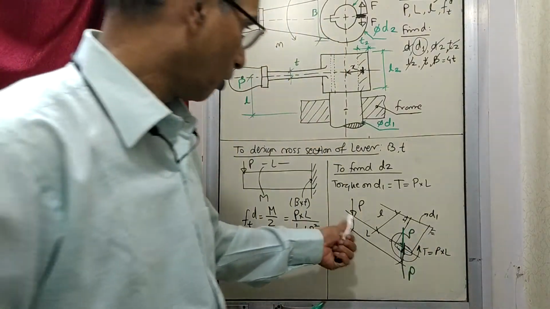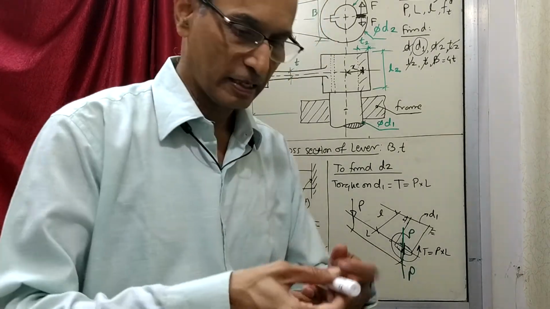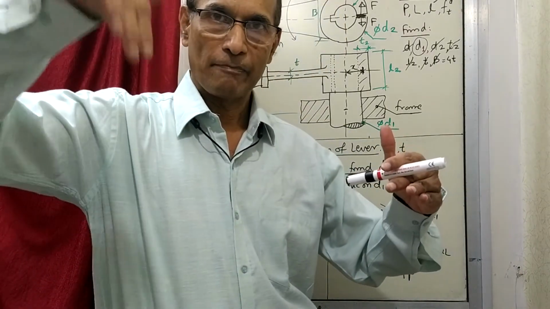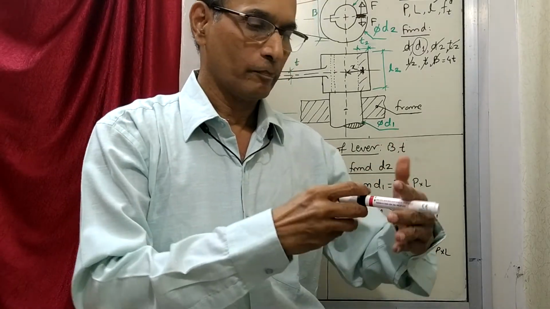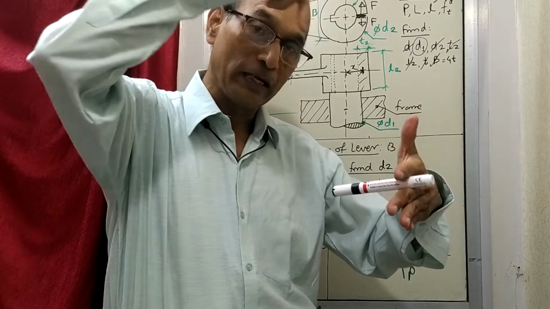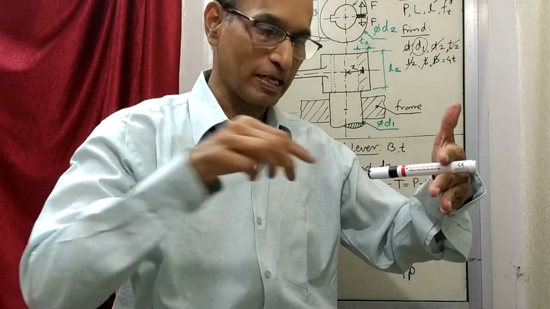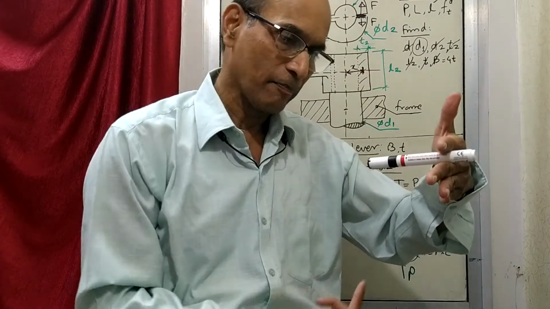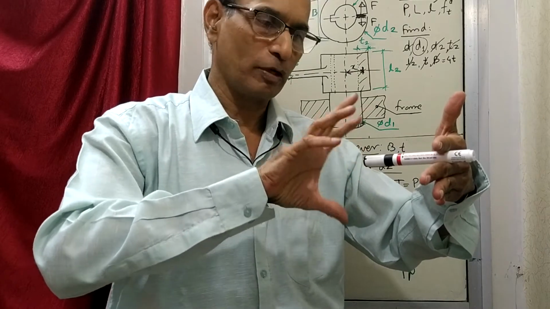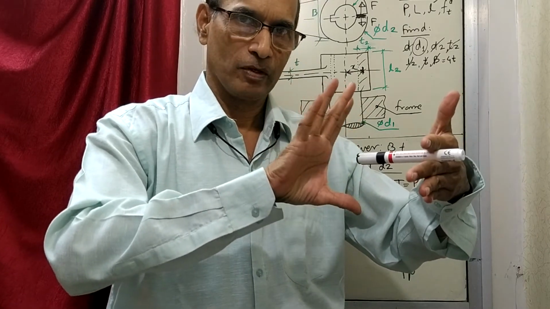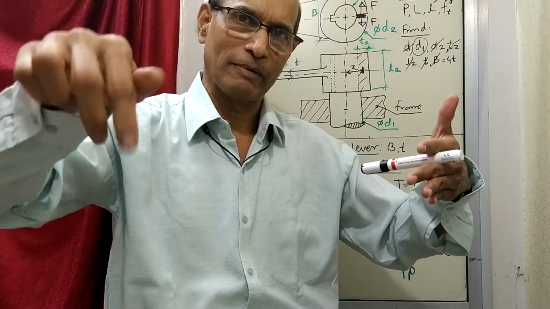That means on this lever here, like in the earlier example, when I am applying P here, I am also applying two P's, one P like this, one P like this. So now there are total three forces. Because I am applying this P and this P, both are nullifying. So it is as good as I have not done anything. Although I have applied two forces, they are equal and opposite, so they are not doing anything. So only one force is applied as such.